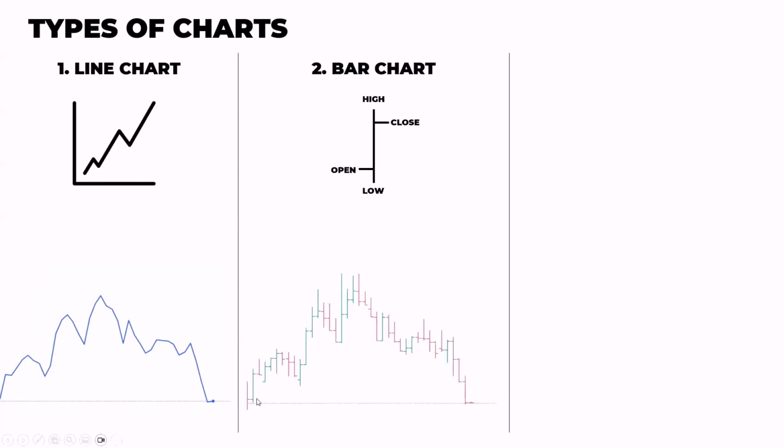The bar chart looks like this on a chart. And each one of these is a segment of time. So let's say this is a 5-minute bar chart. Each one represents 5 minutes. So 5 minutes, 5 minutes. If this was a monthly chart, each one would represent 1 month. And what this is